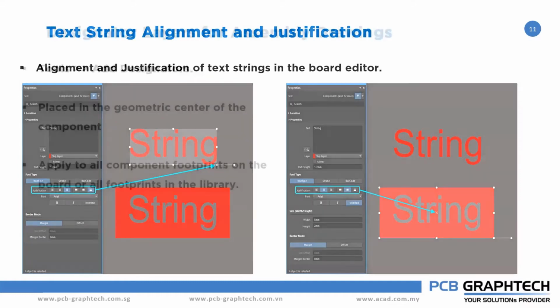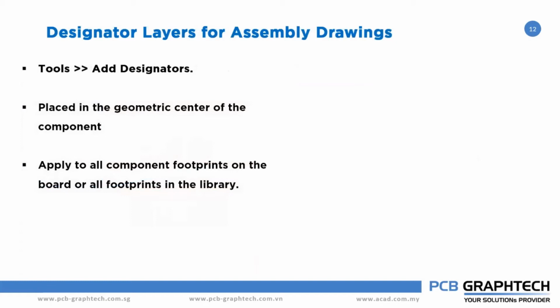So next feature is about adding your designator layer for assembly drawings. In this, we are going to see about adding your designator layer for the assembly drawings so that you can see all the designators. This is a very new and interesting feature we have in Altium Designer 21, so that it can create all the designators by generating the new layer using one of the mechanical layers as a designator layer. It generates and you can see all the designators there.